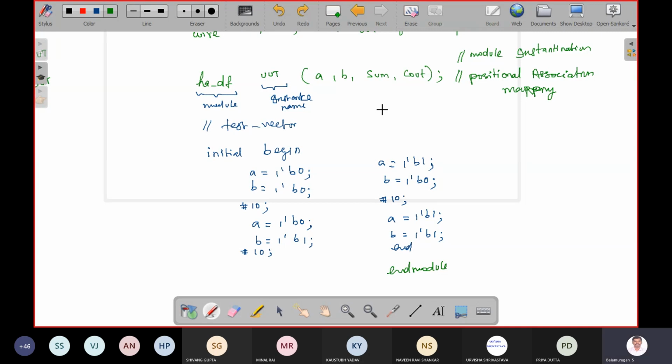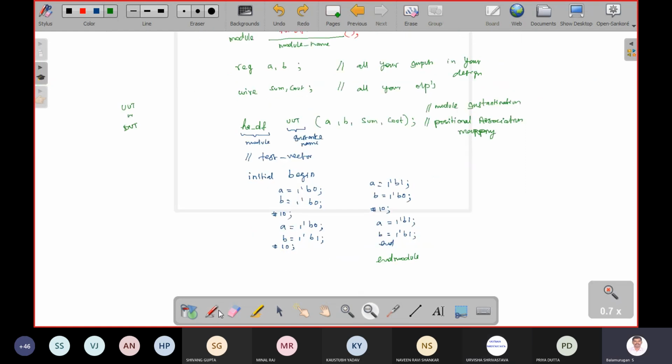Do you have any doubt? So this is what a test bench is. So what are the things involved in the test bench? First line is module name. Second line is the input variables, all your inputs. And third line is the outputs. This order is not important. I am telling you the second line and third line order is not important. Then you have to call that design code here, the design module name. Then you have to map it here. We will discuss more about this line.